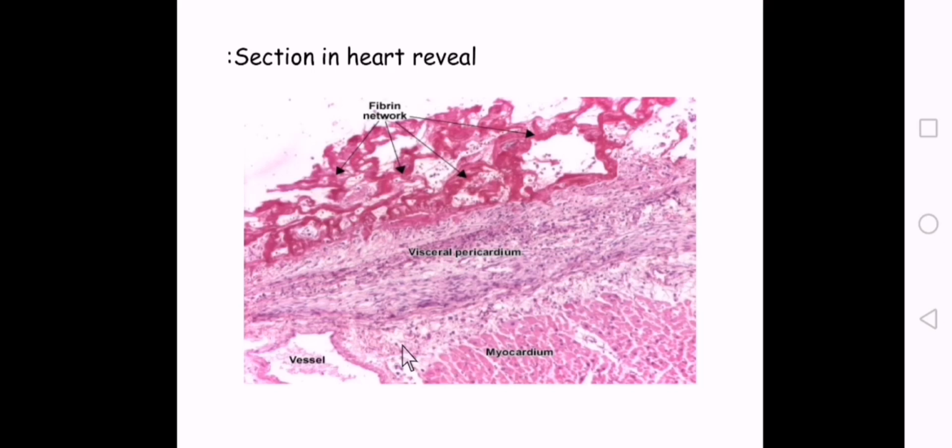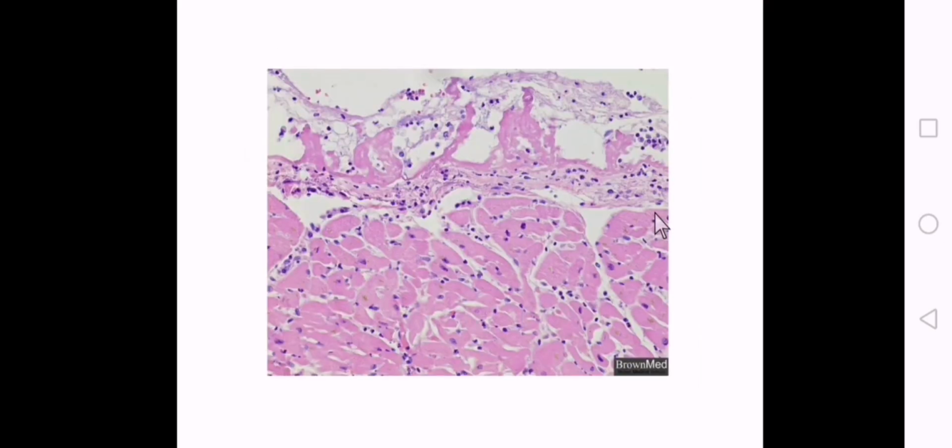Under microscope, this is the pericardium and this is the myocardium. إذا تلاحظون هنا أكو thickening of the pericardium. thickened pericardium. هاي thickening من إيش تتوقعون منين جاي؟ جاي من الإديمة and polymorphonuclear leukocytes infiltration، فصار thickening of the pericardium. طيب